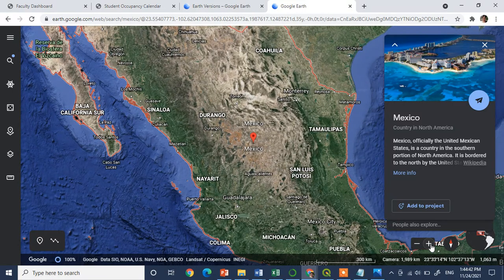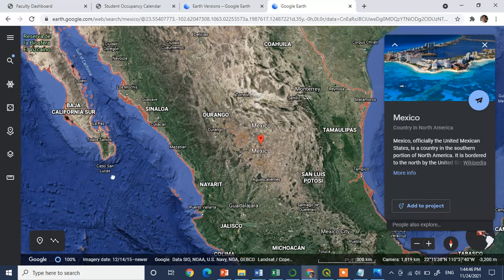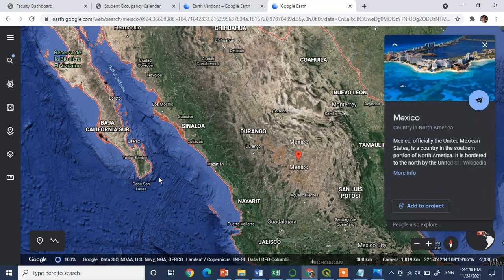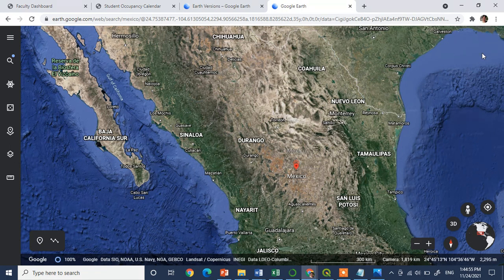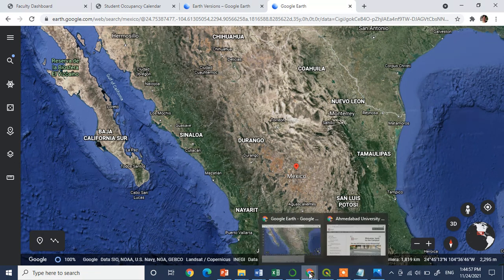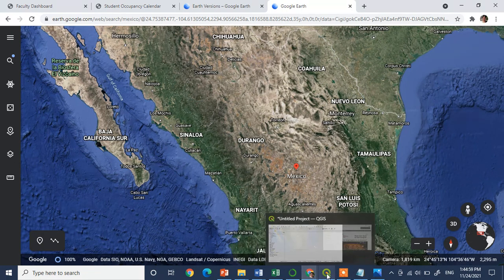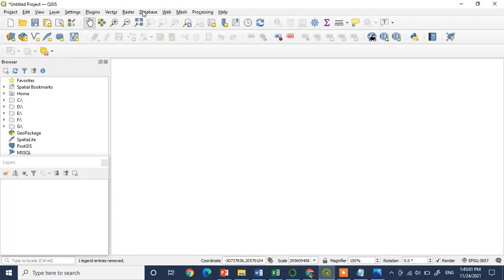So I am zooming this part and I am going to take reference of this point and somewhere here. Now let's open that file into QGIS georeferencer.